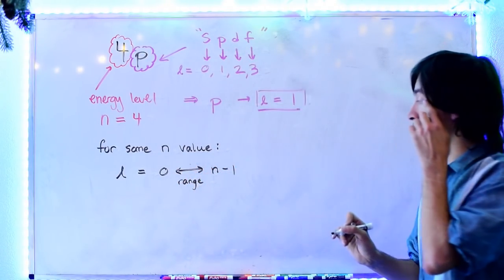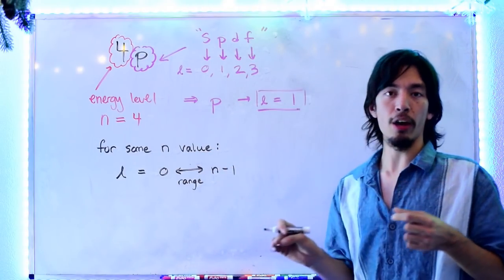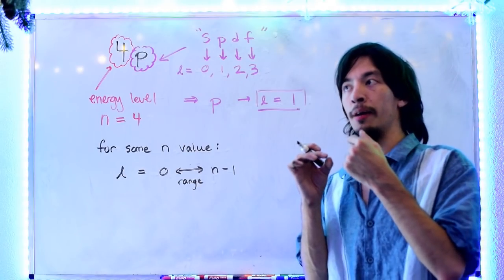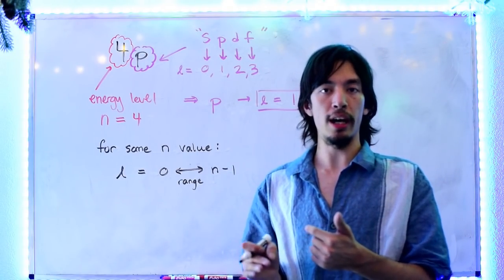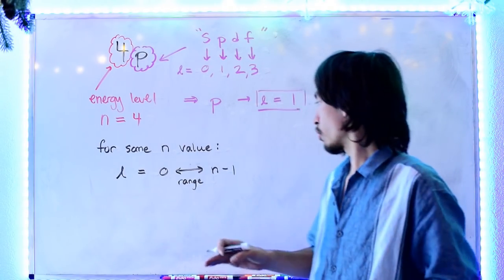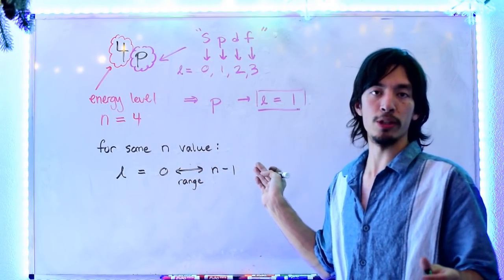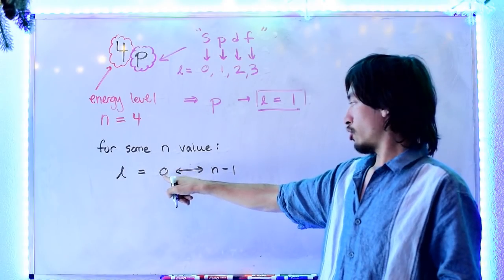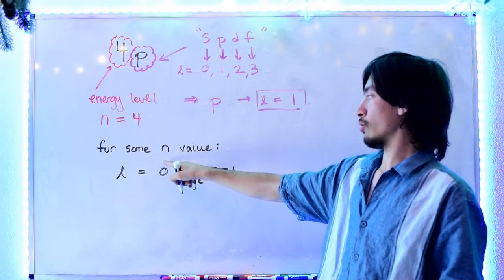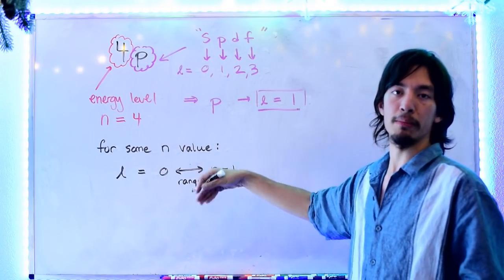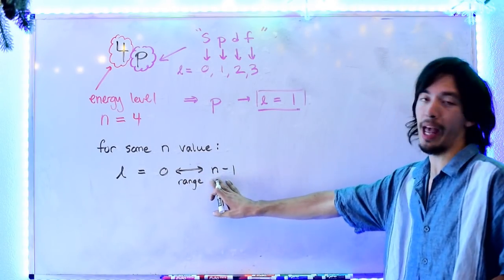Remember that these numbers are quantized, meaning that they're all set amounts. It's not going to be a gradient. So you can't have like 0.5 and 1.2 and all those numbers in between. This is assuming you're counting by integers. So in this case, 0, 1, 2, 3, 4, just counting by whole numbers up to whatever n minus 1